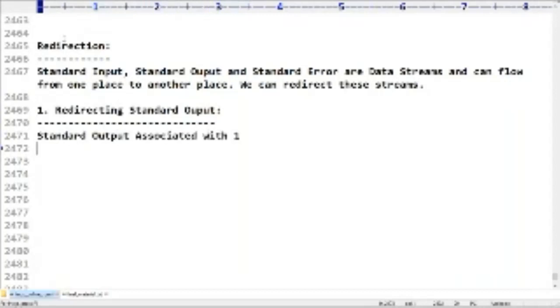Remember, 0 means standard input, 1 means standard output, 2 means standard error. Next, by default standard output is connected with the terminal, but we can redirect standard output from the terminal to somewhere else.